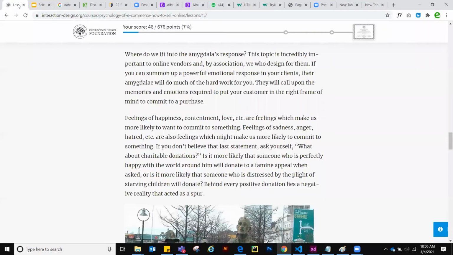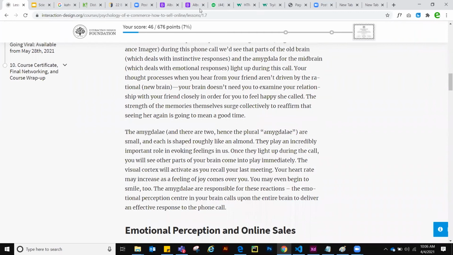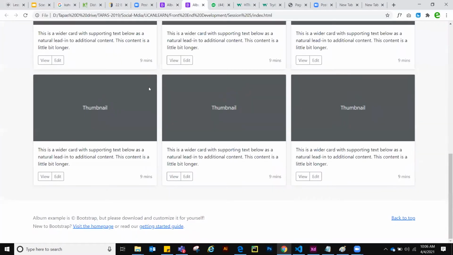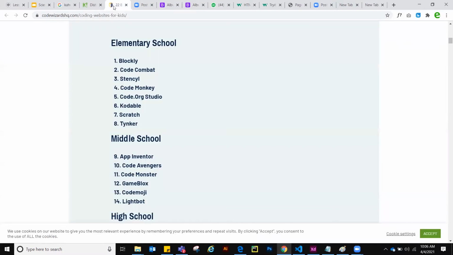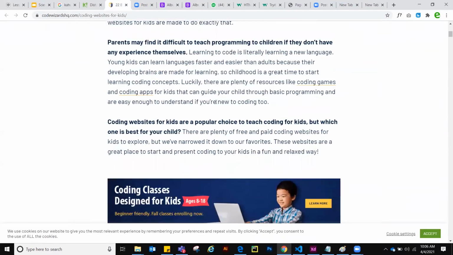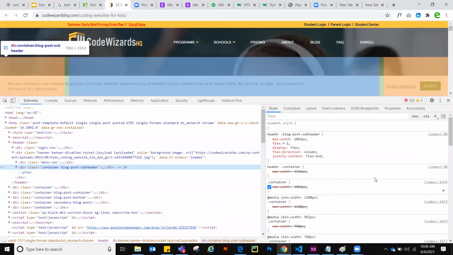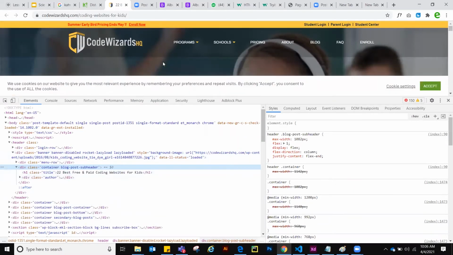Maybe I have one open. See, now I can go to this header. Inspect. So this is how you can get this challenge solved.